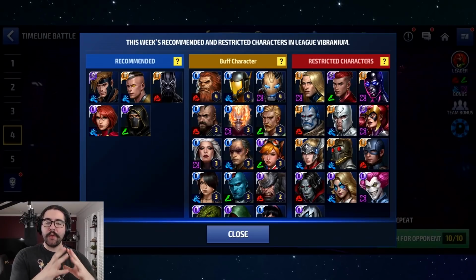It's Cynicalex, and today I want to talk about how Rogue performs for me in PvP with a PvP build. I actually went ahead and sacrificed my crystals and swapped over her CTP, and I did so because on top of having a very interesting week with Sentry and Silver Surfer both banned, I wanted to just test her out